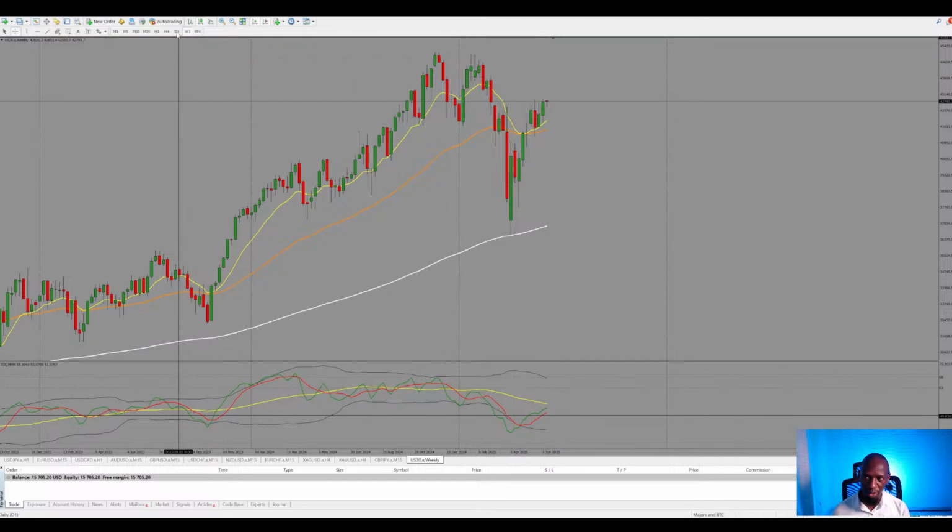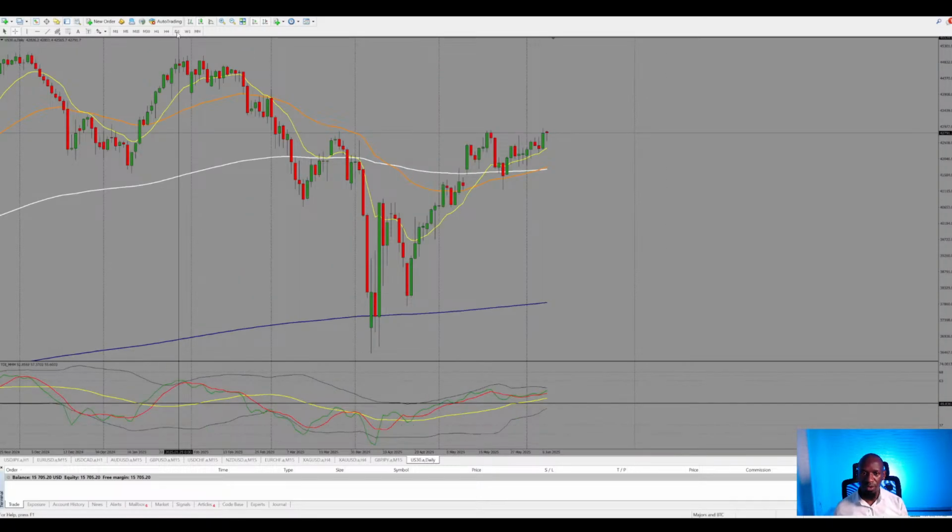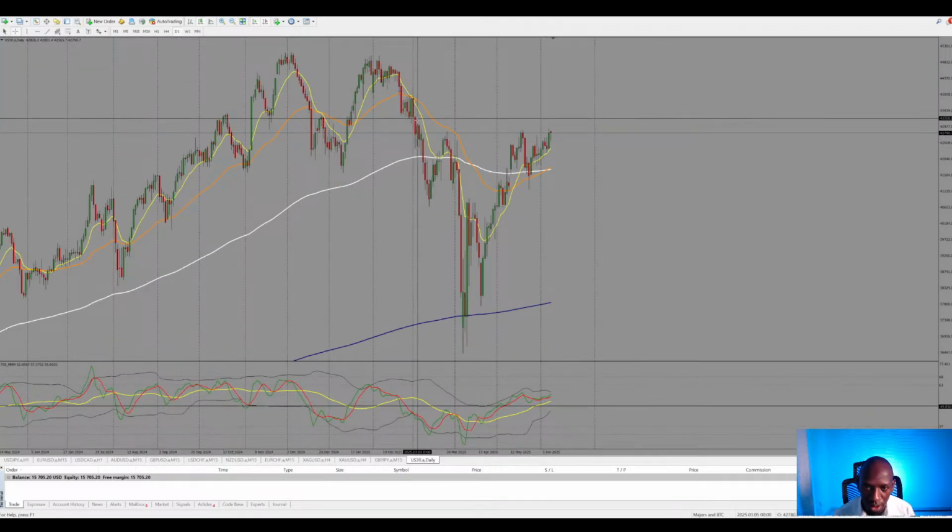Let's get a confirmation by looking at the daily chart and the H4 chart. Because it's possible that the weekly time frame, the daily time frame, and the H4 time frame may all show different biases in terms of direction of price. So let's see. Lower low, lower high, lower low, lower high,